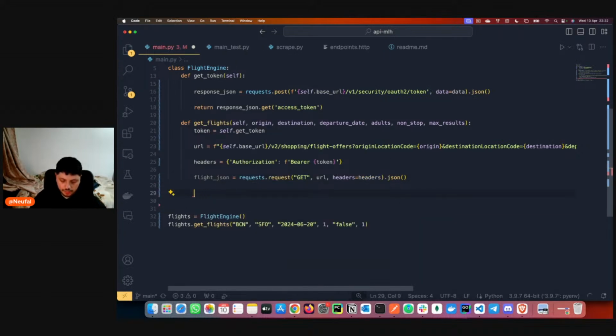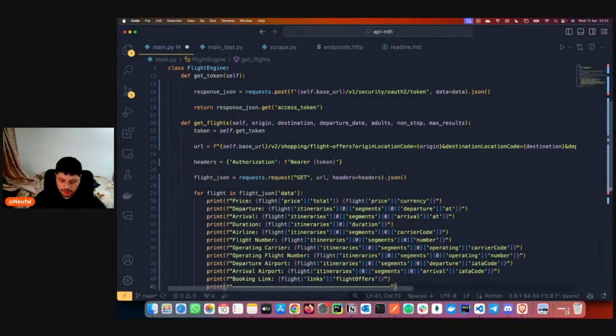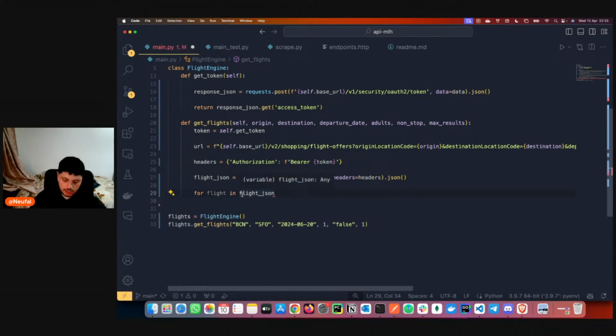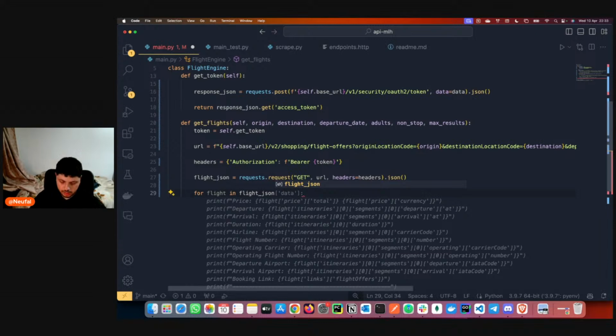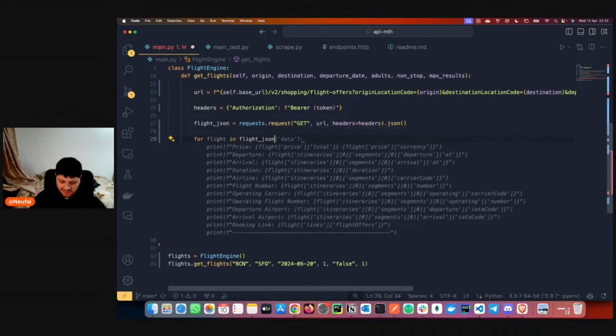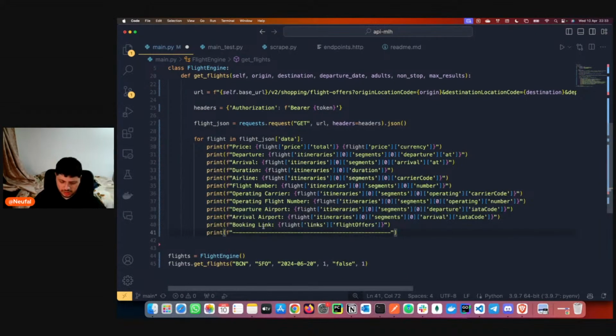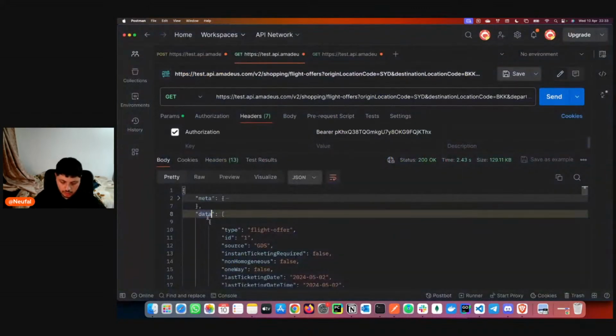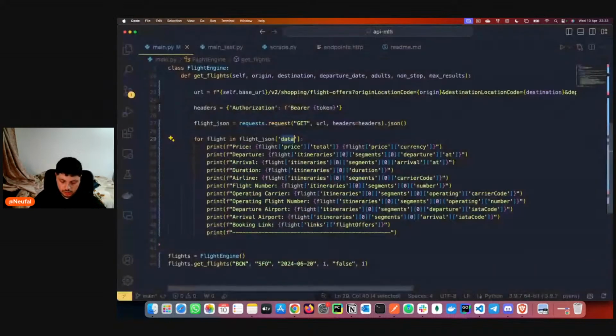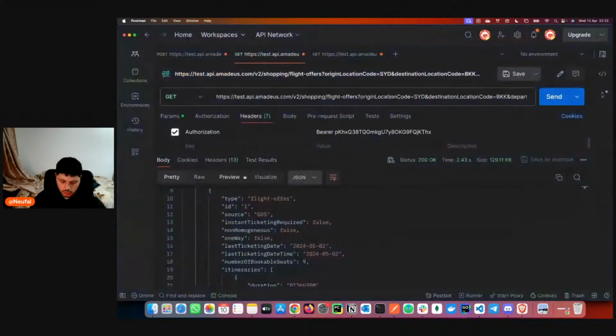So we do for flights in flights JSON. I don't know if it will work. Let's see. Flights data. It goes to flights and data, and then it just runs through each one.